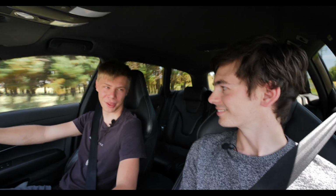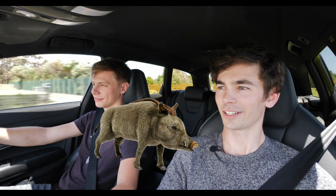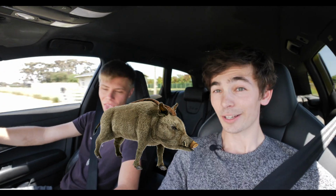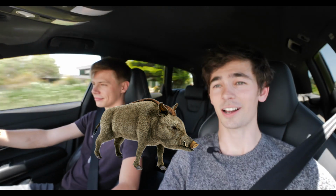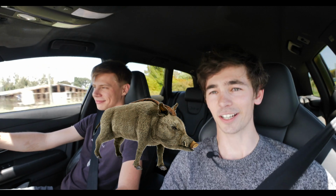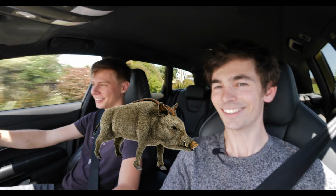Now, spirit animal, it needs to be done and it needs to be said, but what are we going to say about it? My spirit animal for this car is a big old boar. So a big old pig, because pigs are actually pretty fast, but they also are huge and love to wallow, which this thing kind of does when it's in comfort. Just in a deeper tone instead of